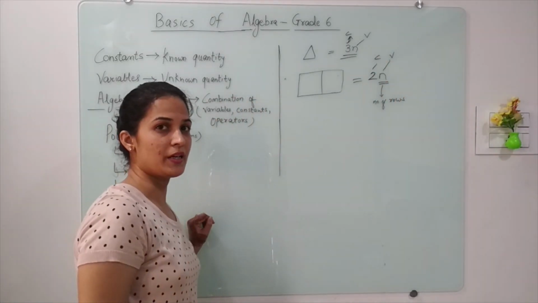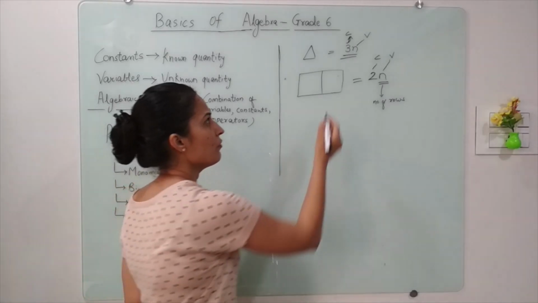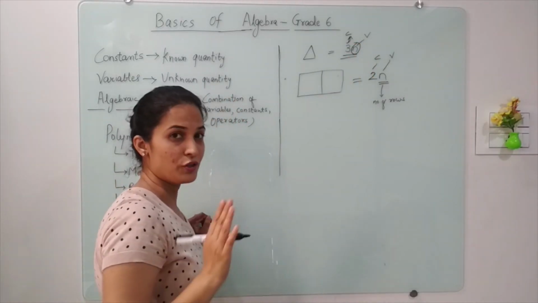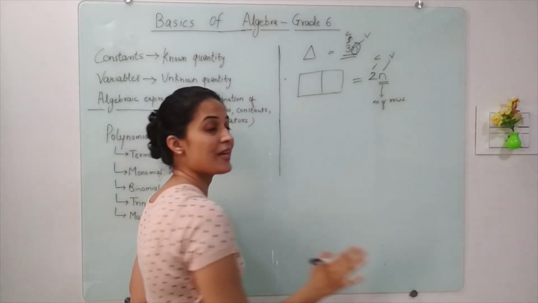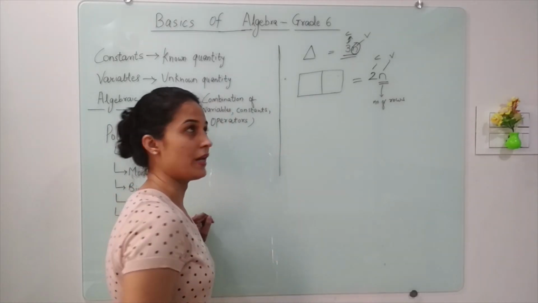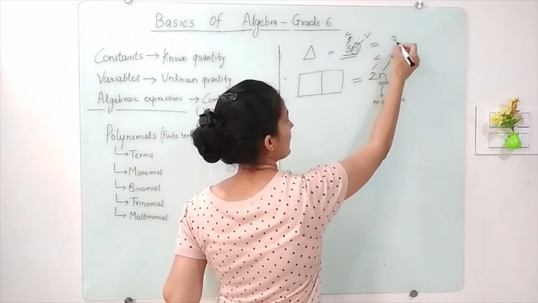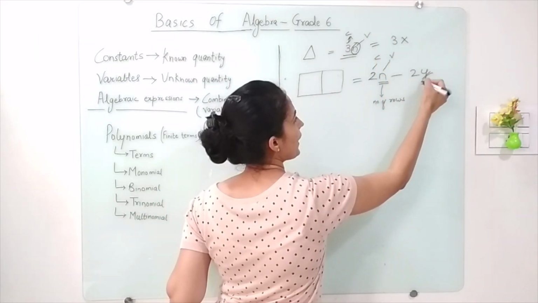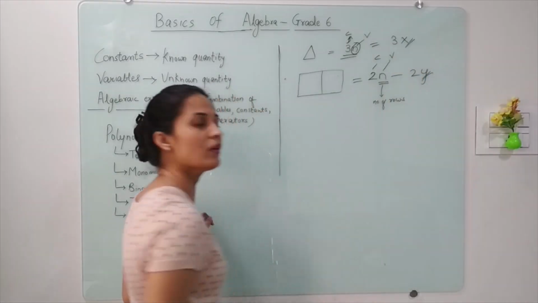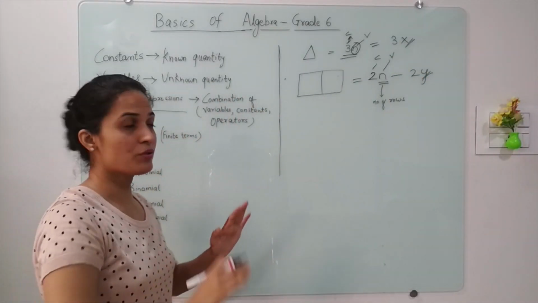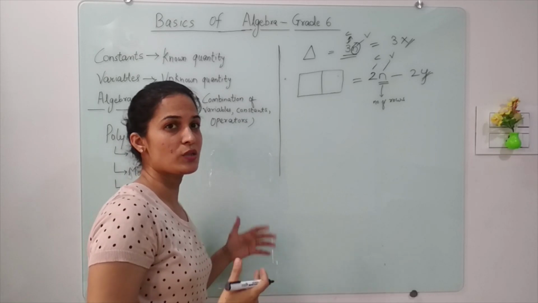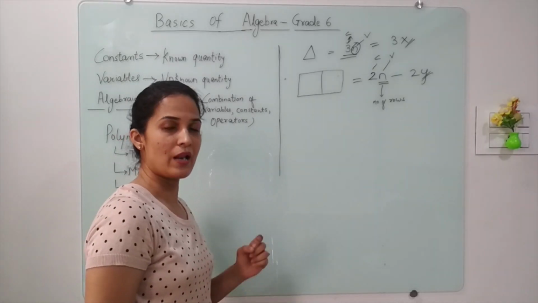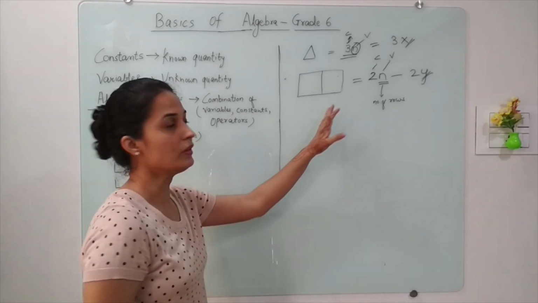Now one more thing that you might be asking is why we are using this n. So for your knowledge, I can use any alphabet in place of n. I can represent this as 3x. I can represent this as 2y. I can use any variable, any alphabet of my choice. So there is no such rule wherein you can only use x, y, z or n or m. You can use any alphabet of your choice in place of the variable.